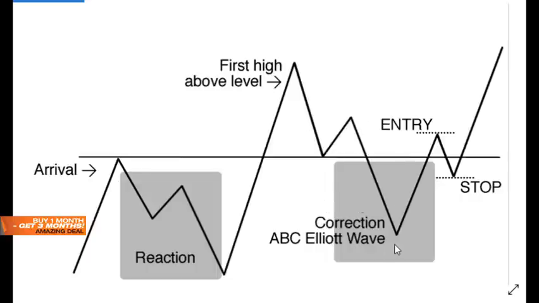Now there is personality with wave structures as well. If this is going to be a top of the market, we're going to get wave 1 here and 2 here, and we're going to get a wave 3 coming down. It's going to come much further down and faster than this wave C leg here, for example. I mean, we could even get a triangle across this level as well if we're looking at an intermediate